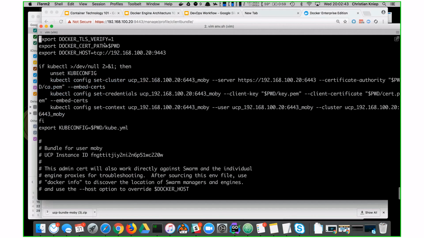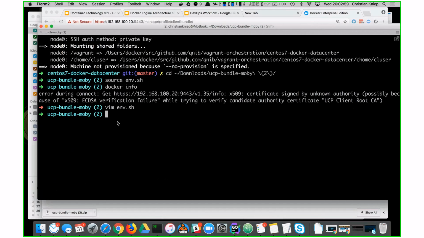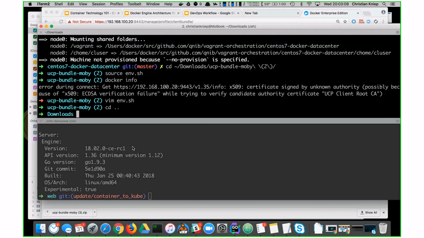It will set the Docker environment variables to communicate with it. I'm not an SSH or SSL expert, so I should have tried this out, but I was not aware that this question would come up. But normally it works. Sorry, I cannot show it, but I guess you believe me that if you source the environment and you have a working certificate, then it will work. And then you can do the same as I did for my local cluster.